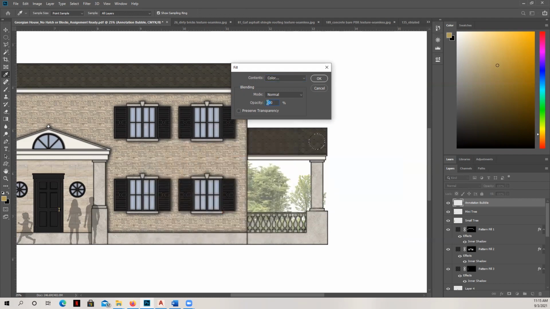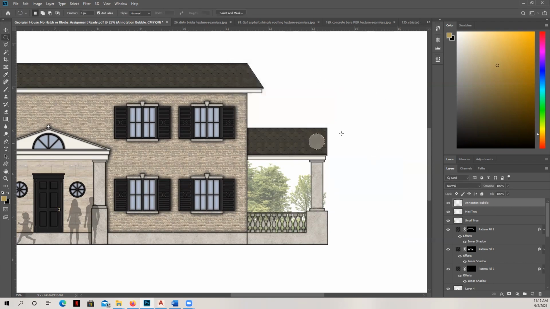Opacity, I'll put at about 50%. Let's see how that looks so far. We'll hit OK. You can see it's really nice, and it looks soft right there. It's not going to distract. If I wanted to bring it down a little bit brighter, I certainly could.